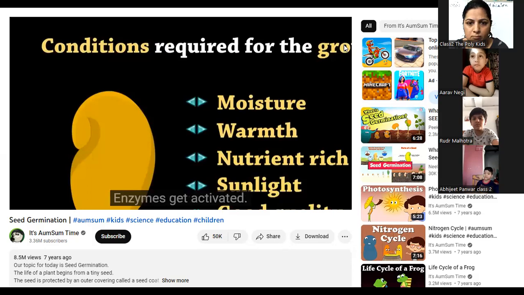The seed absorbs water from the soil. This adds moisture to the embryo. The plant cells inside the seed start duplicating. Enzymes get